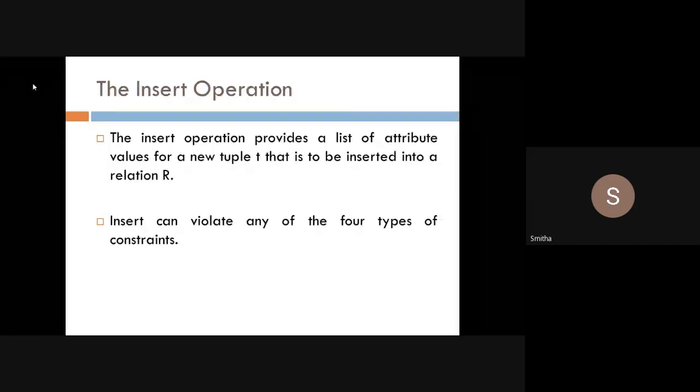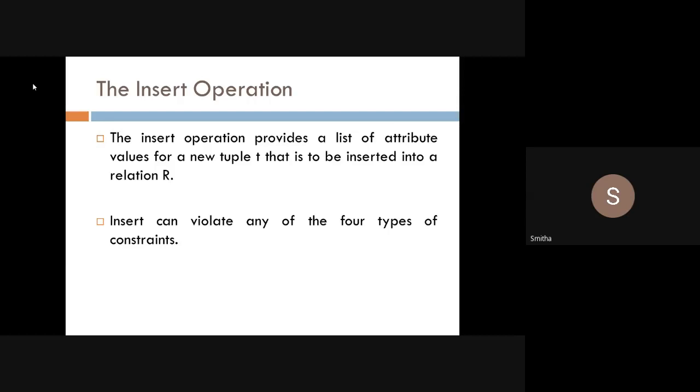If that student database contains USN, student name and address, three columns, then I need to insert all the attribute values. I have to give USN, I have to give the name, I have to give the address.